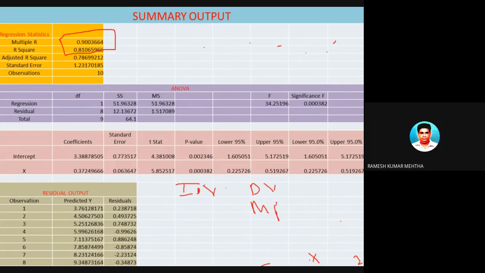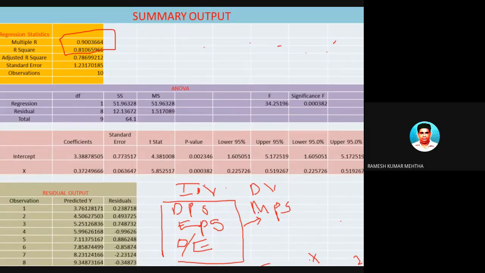So market price per share is the dependent variable. Previously I took dividend per share and added to this another independent variable, earnings per share. Now I am using one more independent variable, which is the debt equity ratio. So I am adding another independent variable and experimenting on what is going to happen and what equation is formed. We will find out how much of the variation in this is explained by this. So here this is x1, this is x2, this is x3, and this is y.